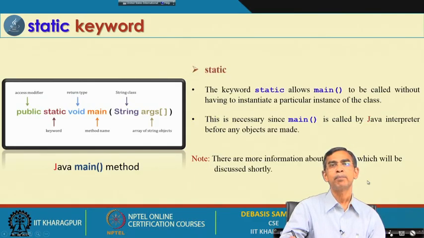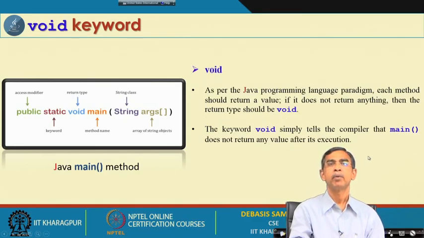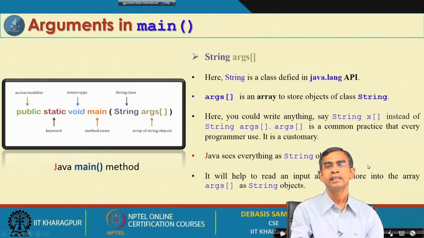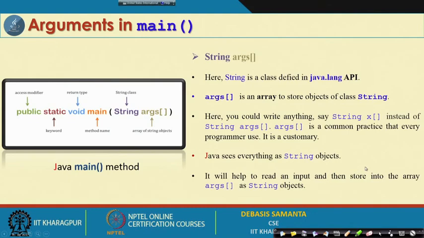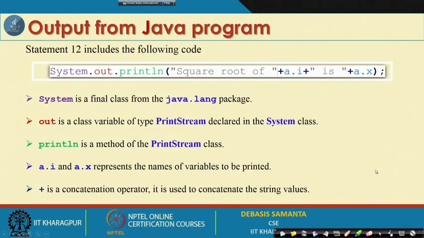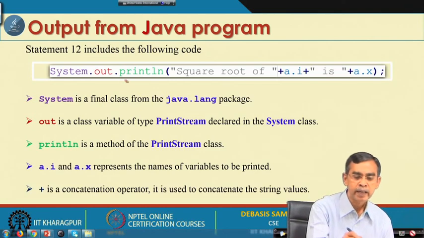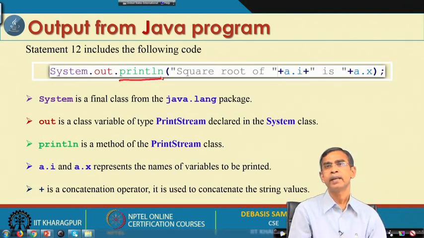Okay, so we have declared our public static void main method, and String args is basically passing input to its argument in a different way. Now, output: in the program, output is usually displayed on the screen. If you want to display some output on the screen, then we use one method. This method is called the println method, or its many variations.